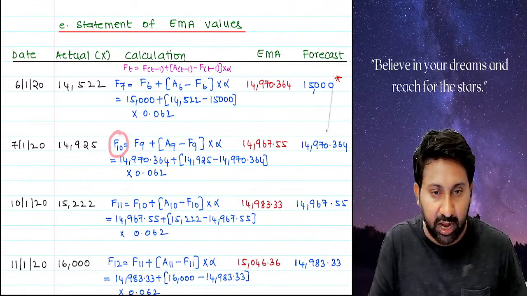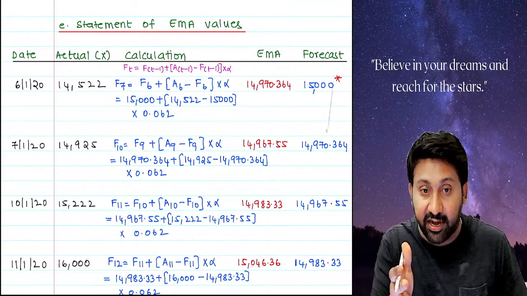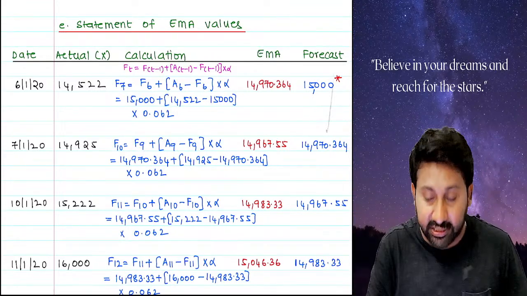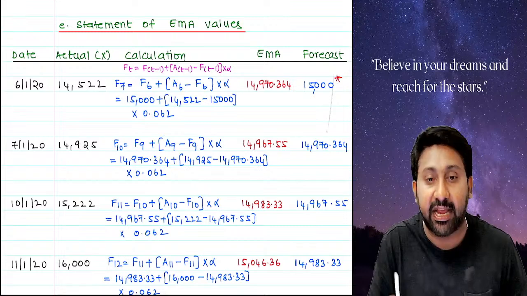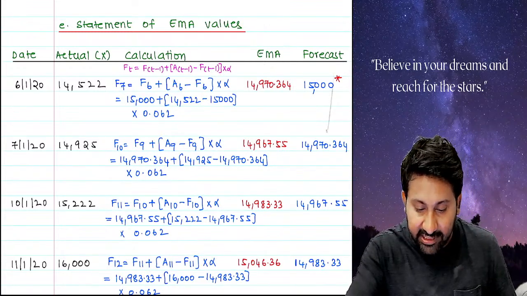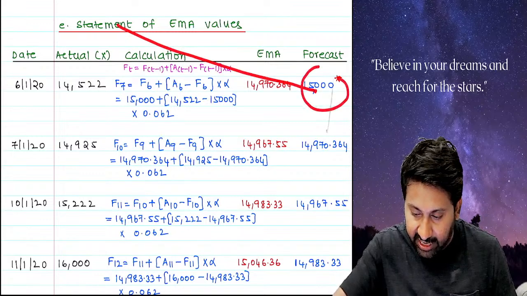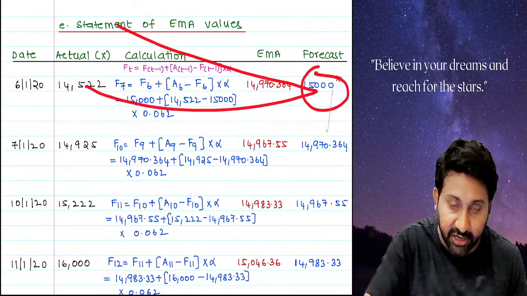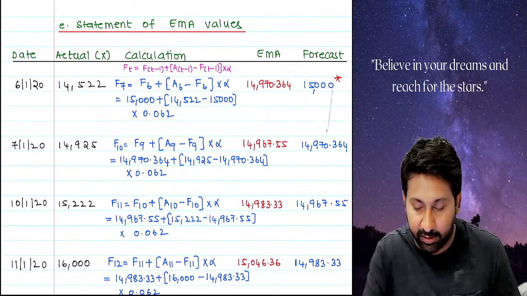F10 we have to calculate. F9 really, 9th day trading is not there, so the previous forecast, okay, 7th day's only we will take as a 9. Okay. So see here, simple logic. Last day's forecast and the actual comparison will be the error.